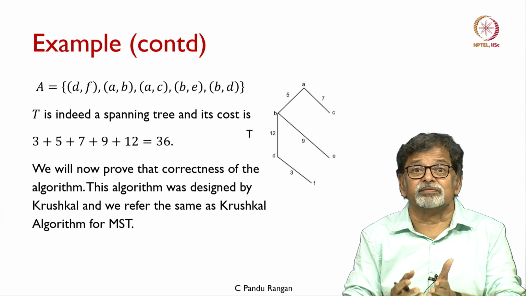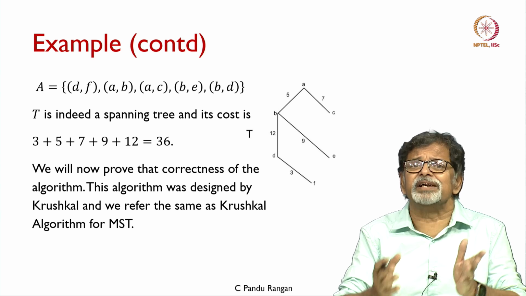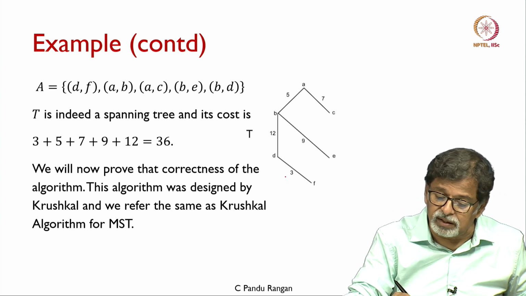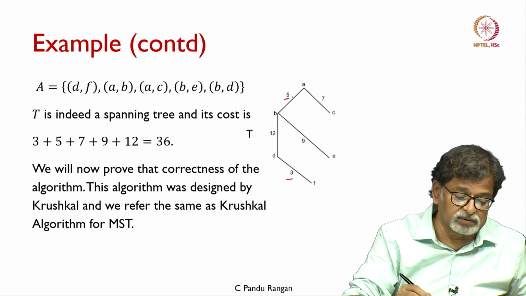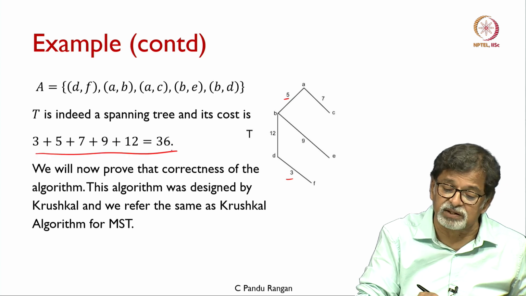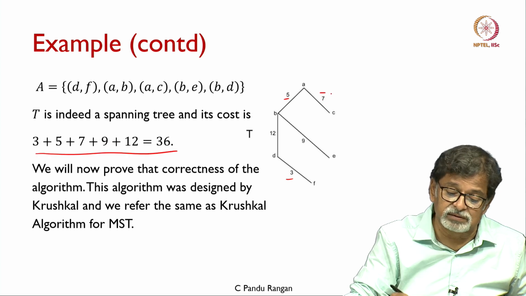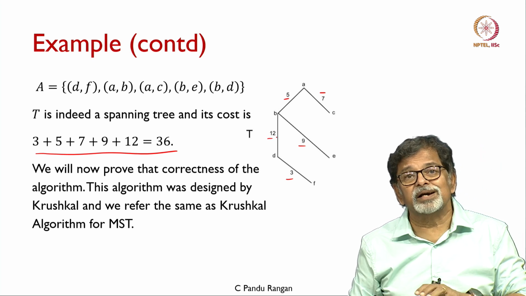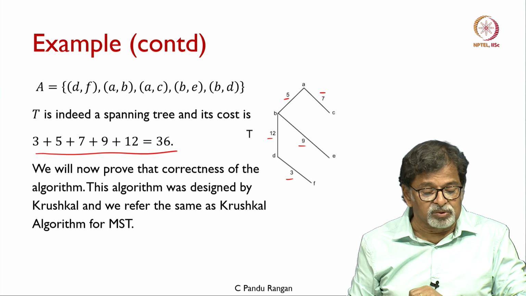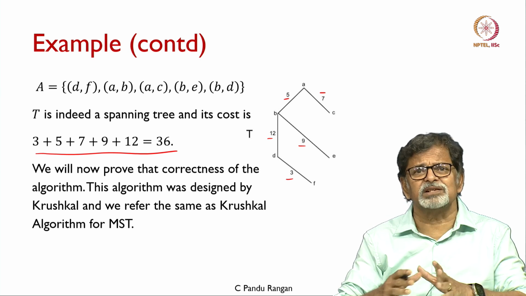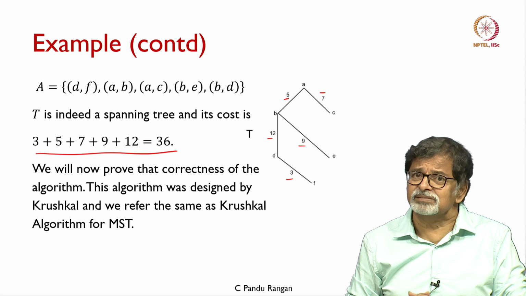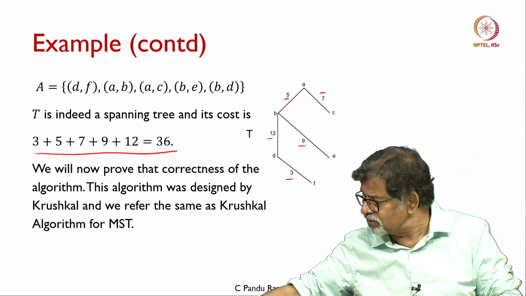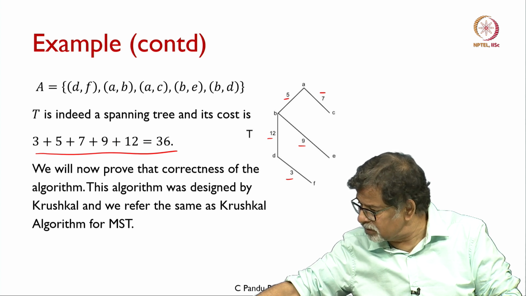What about the weight of the tree? What is the weight of the tree? It is sum of the weights of the edges in the tree. So you have 3 plus 5, here I have shown the addition, 3 plus 5 plus 7 plus 9 plus 12. These 5 edges are included and their weights are added and you get 36. If you consider any other tree, it will be more expensive. Okay. I can show that, I will demonstrate it right in the picture that I have